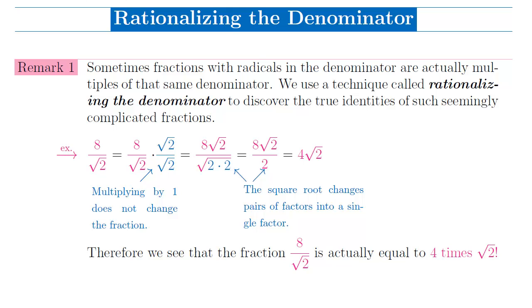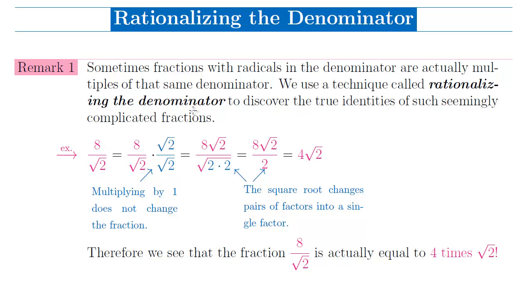The next topic in this module is about rationalizing the denominator. The idea behind this topic is when you start getting into fractions that have radicals in the denominator, like for example 8 divided by square root of 2, you may not notice it, but that fraction is actually simply a multiple of square root of 2. So rationalizing the denominator is a way to simplify and remove the square roots from the denominator and put them